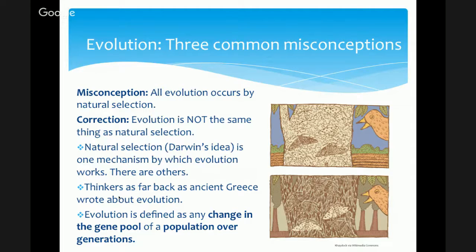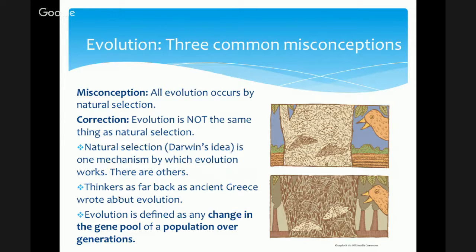Natural selection, which is Darwin's idea, is one mechanism by which evolution works, but there are lots of others. And Darwin did not come up with natural selection. Thinkers way back, as far as ancient Greece, were writing about evolution. And a lot of people by Darwin's time were pretty convinced that species evolved. They just didn't really know how. Okay? And natural selection is a very powerful mechanism for evolution that we have tested and is demonstrated, and it is true. It's a fact in terms of how it works. It's also a theory. We can talk more about that another time. It's a fact and a theory. But evolution is more than natural selection.